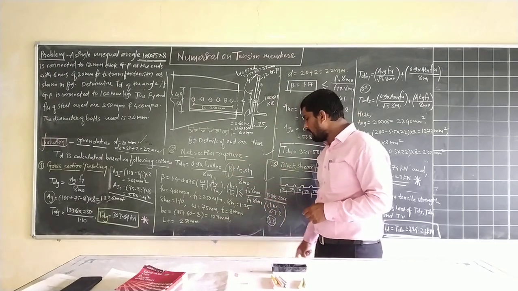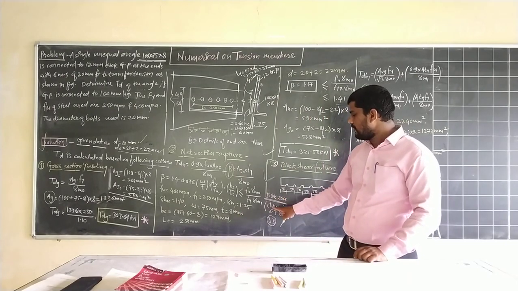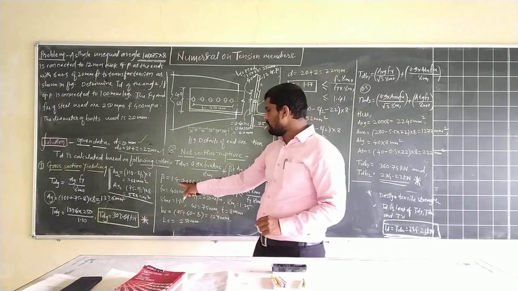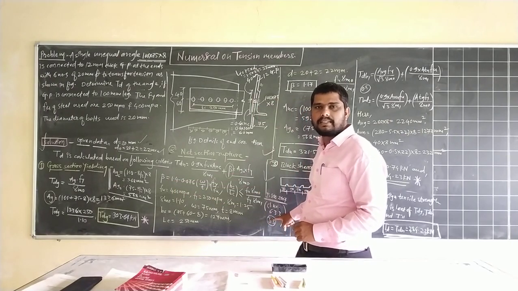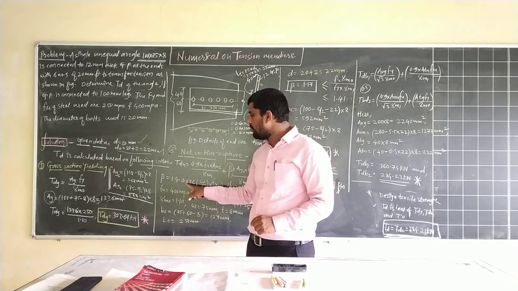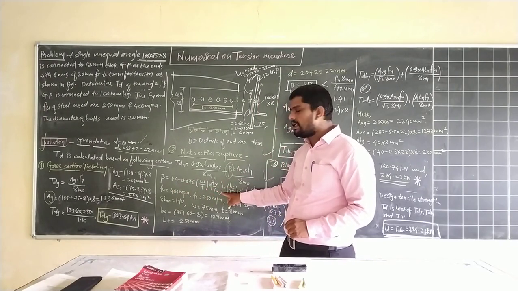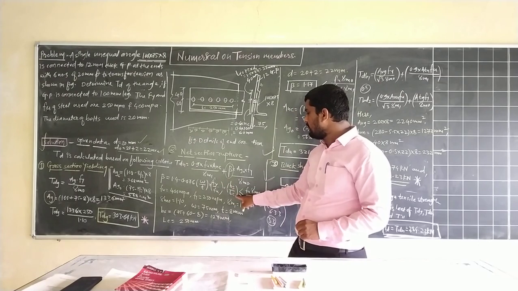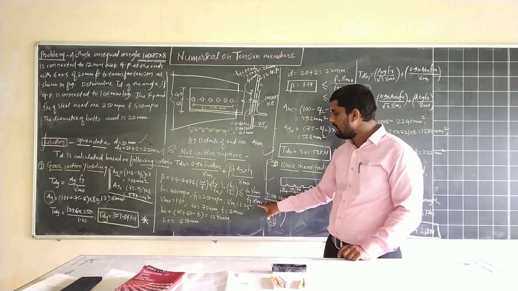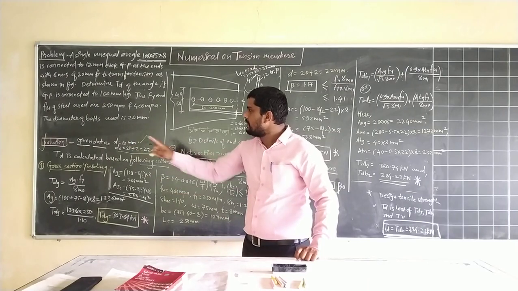Beta is determined on the basis of IS 800-2007, clause number 6.3.3, page number 33. If you refer to this clause, the beta value is equal to 1.4 minus 0.076 into w by t into Fy divided by Fu into bs divided by Lc, less than or equal to the value of Fu into gamma m0 divided by Fy into gamma m1. So we know that the Fu value is 400, which is given in our statement.